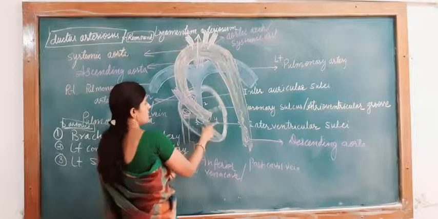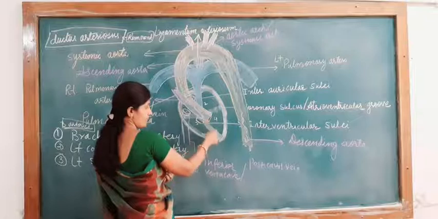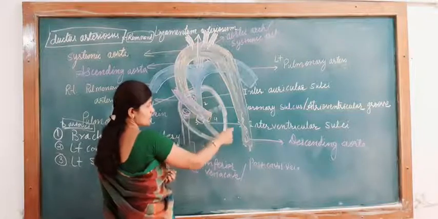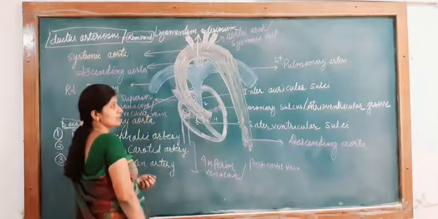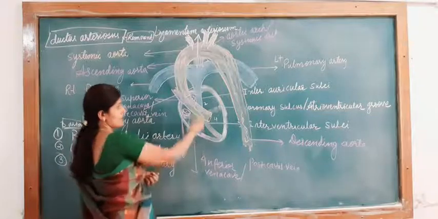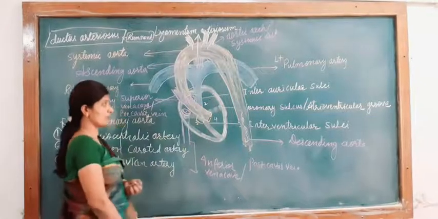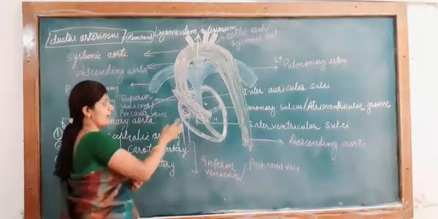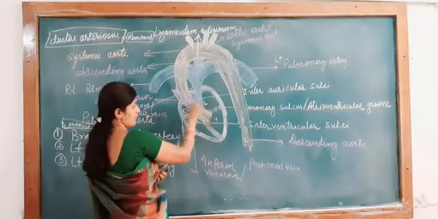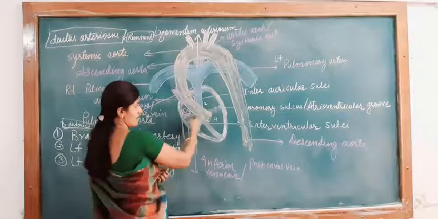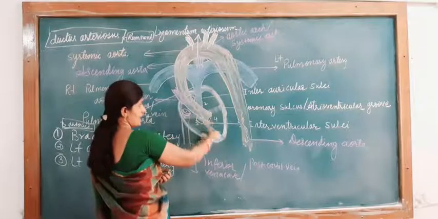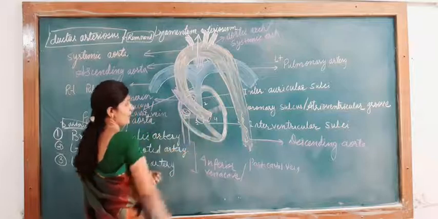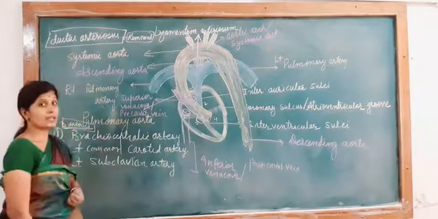And in between, these two chambers are separated by one depression here also. That is called the interventricular sulcus. Here, the interauricular sulcus. In this way, externally we will find that our heart is divided into four chambers. So here one transverse groove is there, and here the interauricular and interventricular grooves will be found externally on the heart.